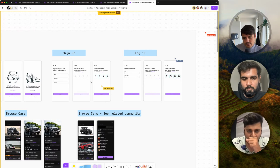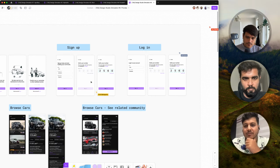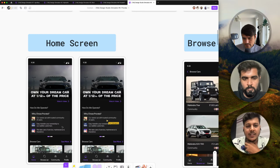Of it here as well. The sign up and login process basically will be the same. We'll be taking the name and phone number, and through DB, the whole thing of signing up the user makes it easier. Then coming into the home screen, as you can see, the user is getting introduced to what they can